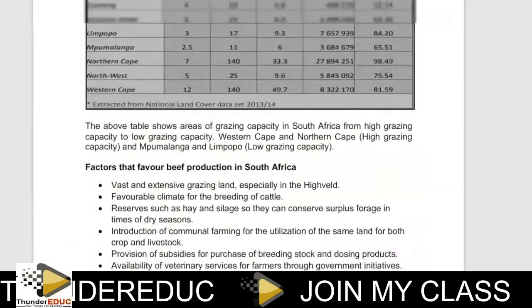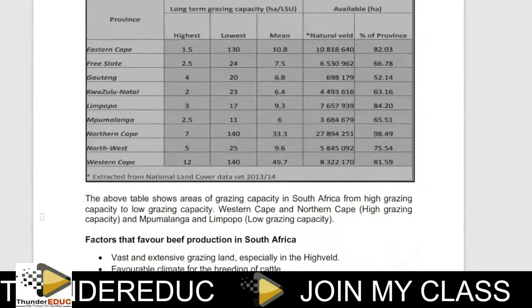So what does that mean? It simply means the table shows the area of grazing capacity in South Africa from the high grazing capacity to the low grazing capacity. Western Cape, Northern Cape, Mpumalanga, and Limpopo have the lowest grazing